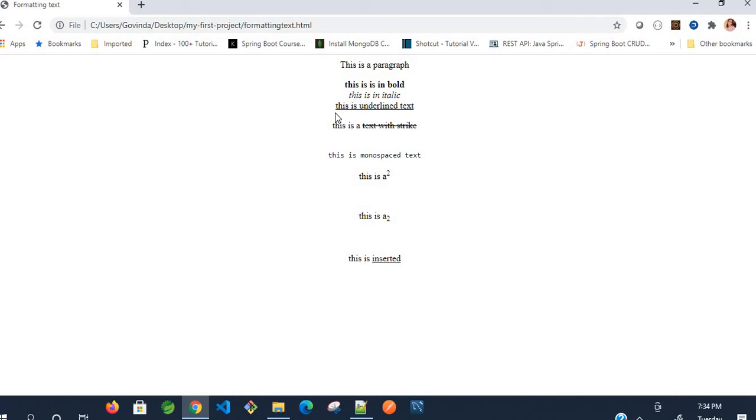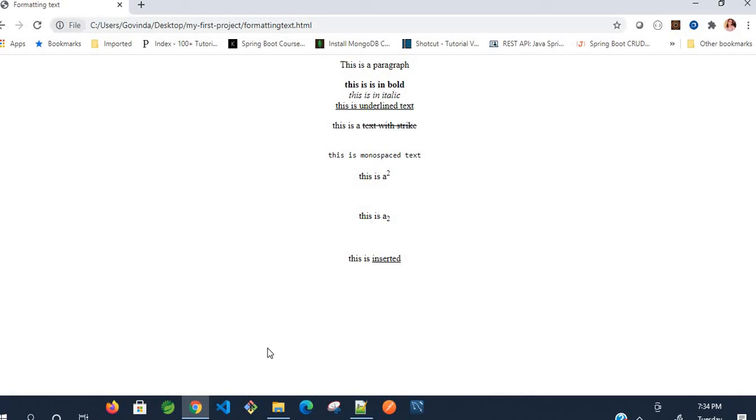Here the underline tag will give the underline for the line here, but here the insert will give underline for the single word here. Okay, if you use multiple words in the same ins tag, it's going to display inserted, then space, then other word, and along with underline. It's not going to give a single line, but it is going to highlight, means underline each word here.